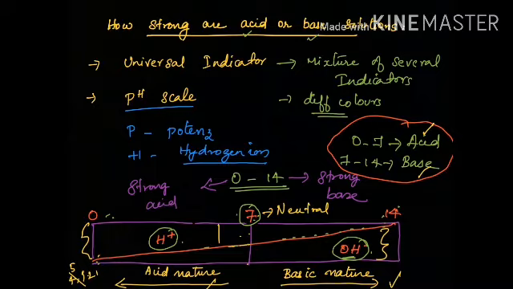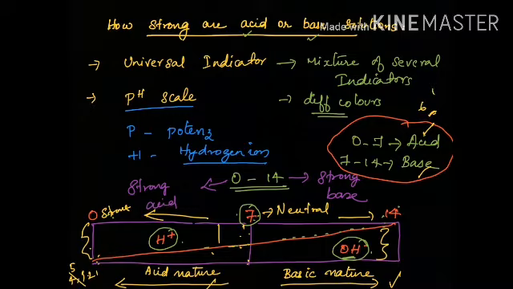Okay, then if the value is 6, what does that mean? If the pH value is 6, it will be somewhere over here, it is an acid, right? Because it comes on the left side. Whether it is a weak acid or a strong acid, it will be weak because it should approach 0 to become strong, right? Here it is strong. Strength is increasing in this manner. Here also strength is increasing in this manner. So if it is 6, it is a weak acid.